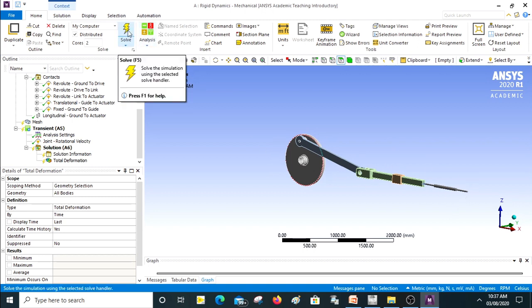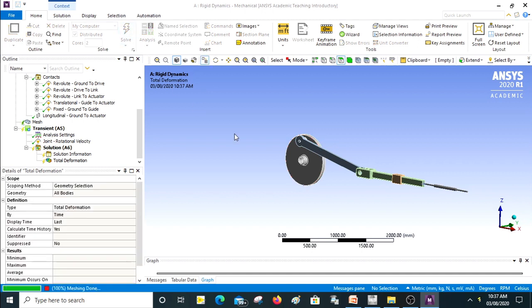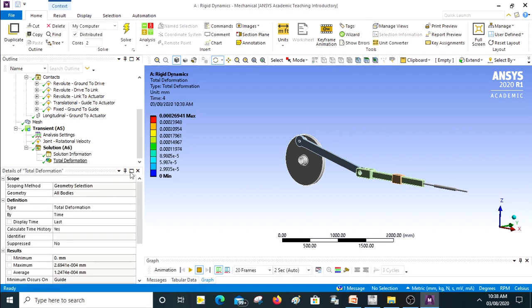Let us check it out. So just click on the solve icon. It will take some time to solve, and at the end, if everything is proper, if I click on the animation button, it will play the kinematics. So actual kinematics will be when this rotates, this thing should go in the forward and backward direction. That is what we are trying to look for, and we would mostly get it. So there you go. Let me just expand this a bit.